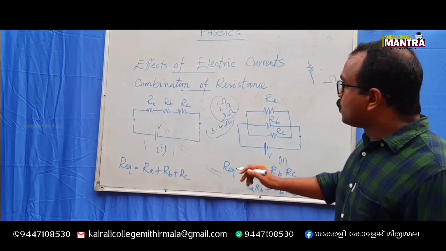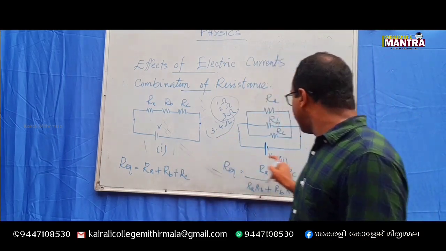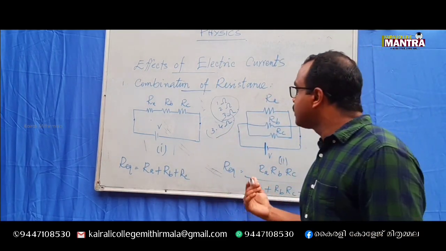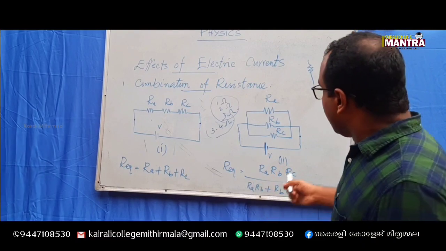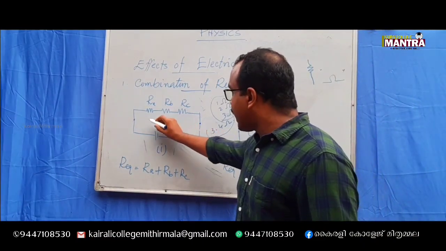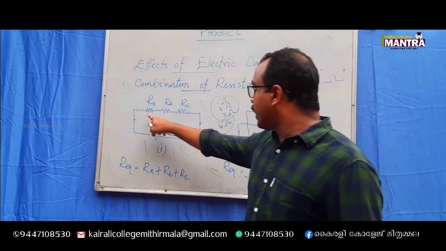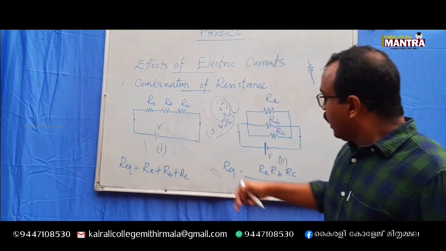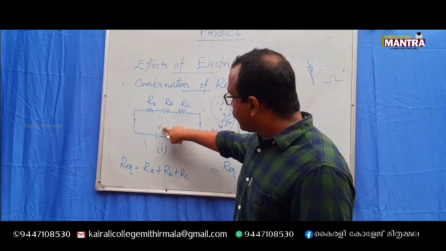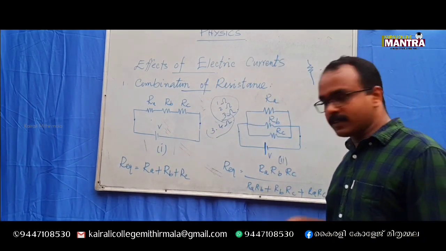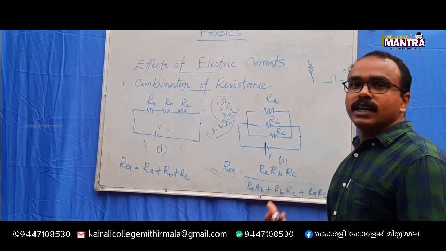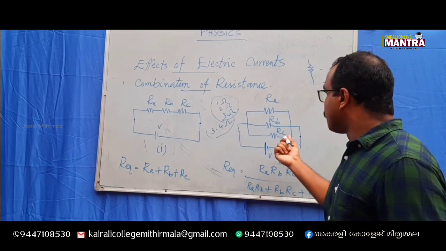So I have given two figures here, figure 1 and figure 2. If you go through these figures, you can clearly see that in both the figures we have exactly the same number of resistances, Ra, Rb and Rc. Here also again Ra, Rb and Rc. Again, we have a voltage source V in the first figure, and in the second figure also we have the same voltage source V. Then what is the difference between these two figures?